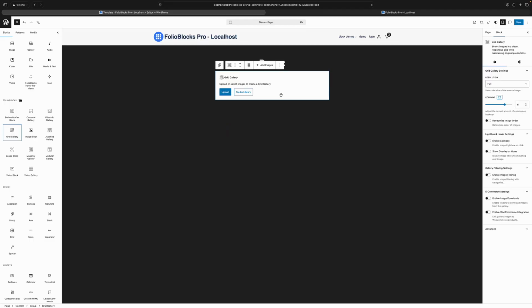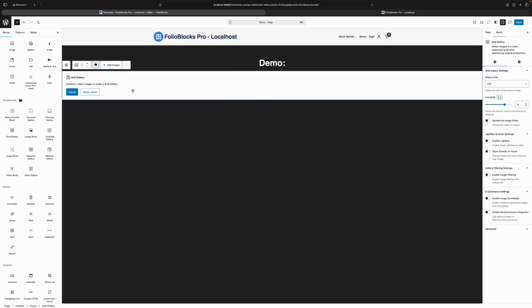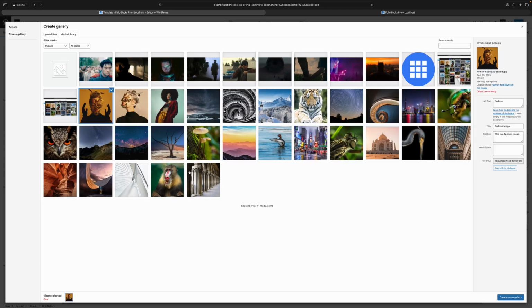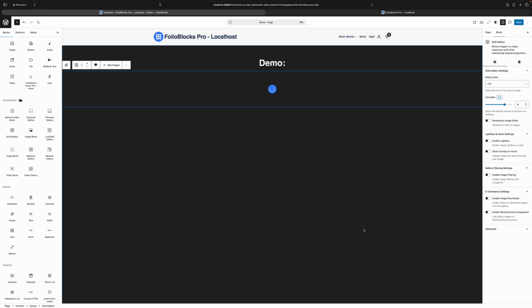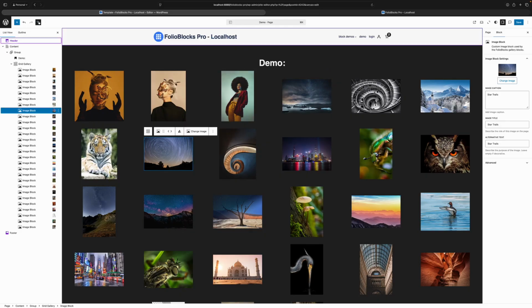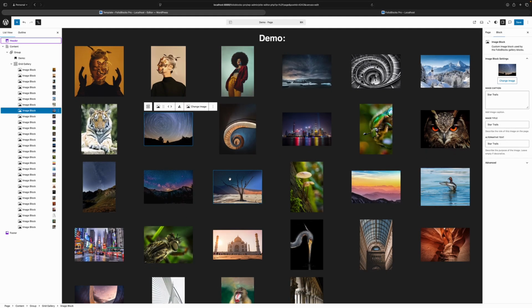We can drag it into the block editor. Now, before we add any images, let's set the width that we want to work with in today's tutorial. We'll go ahead and set it on full width. We can now select images from our media library. And let's go ahead and select all of those, create a new gallery with them and insert them. Great. So now our gallery has rendered and you can see all of the images are there in a nice,